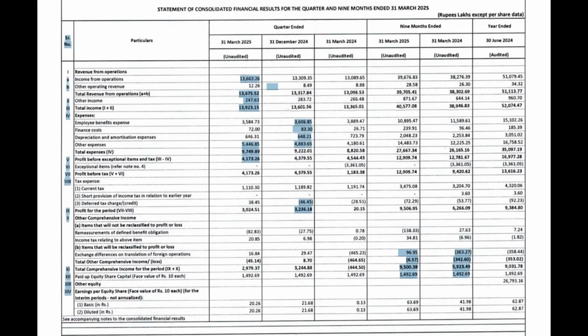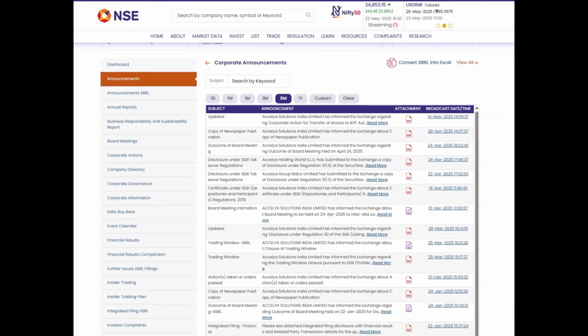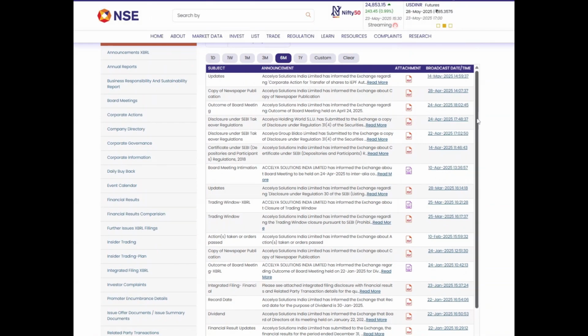The other expenses has once again gone up, and we will need to check that in the annual report once that comes out. So this is the problem with Indian companies, they don't give this breakup details for each quarter. You have to wait till the end of the year to get the annual report to figure out what the increase was for. You can go through their detailed announcements, each of the announcements, to check.